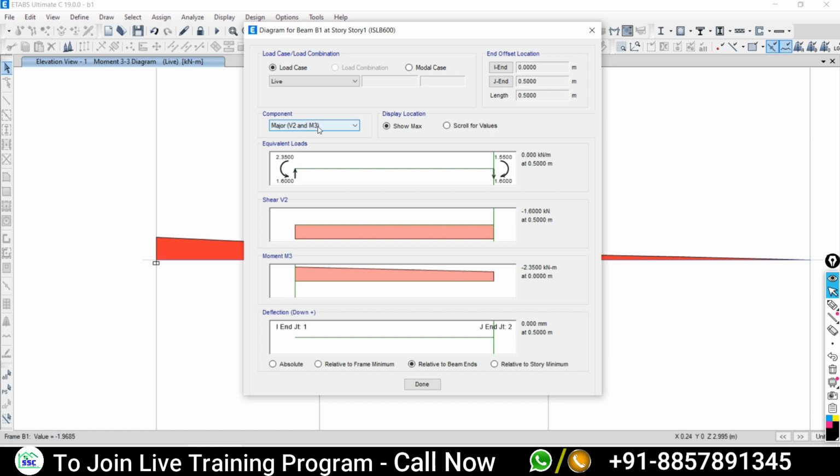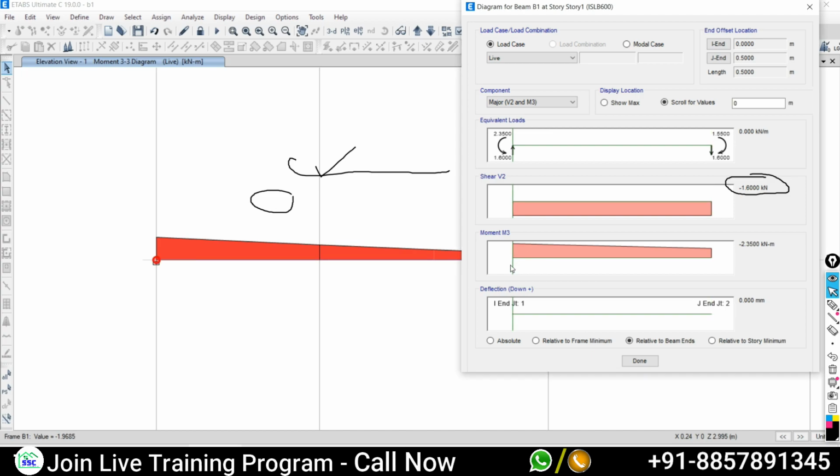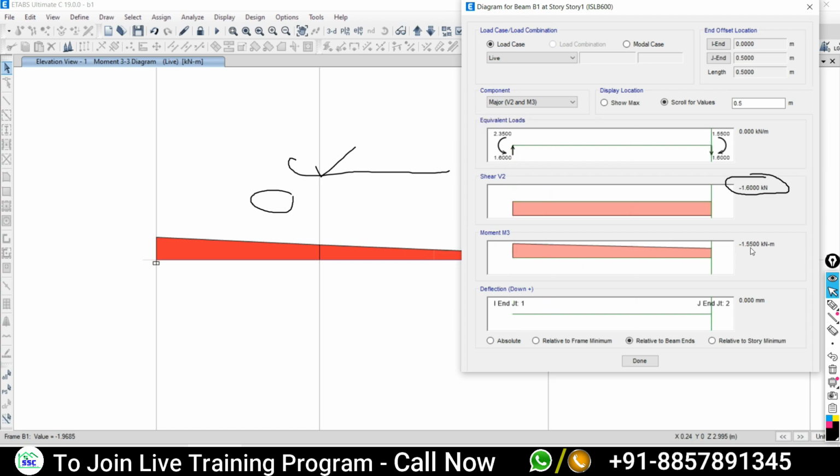Now next, the forces coming to that particular beam analysis result. How much shear force is in this beam, we are getting the result part by part. So for this frame, how much load is there? Total force is 1.6. Here on the beam, if you are looking for the moment, on the left side it is 2.35, but if you come to this side, it is 1.55.